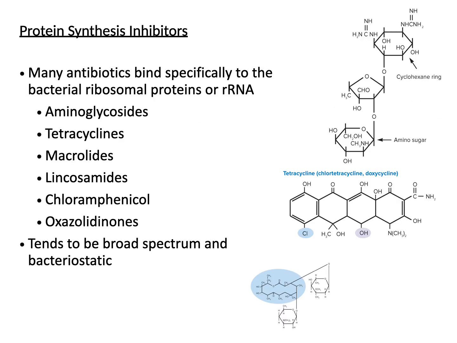Next, looking at protein synthesis inhibitors, there's a number of different categories of antibiotics that fall into this. I've mentioned tetracycline, doxycycline. So here you can see over on the side the image of tetracyclines. Aminoglycosides also fall under that category, like gentamicin, and we have a host of other ones. Because these block protein synthesis, because they bind to some portion of the ribosome or block the messenger RNA from getting into the ribosome,